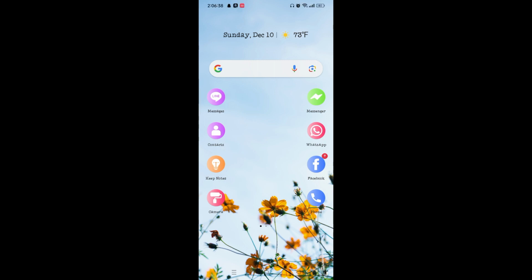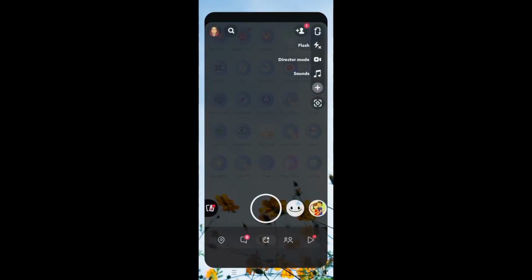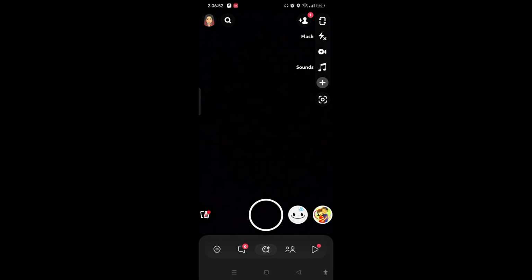On today's tutorial, I'll be guiding you how to scan face for Bitmoji on Snapchat. For that, what you need to do is simply open Snapchat first and make sure to log in to your Snapchat account. So to scan face for Bitmoji on Snapchat, first you must remove your old Bitmoji of the